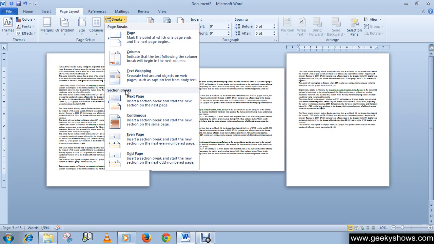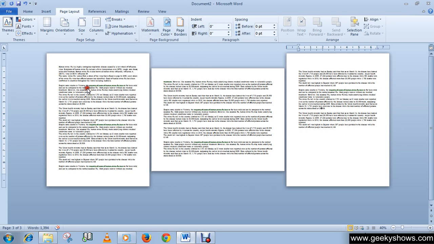Sections are the basis of Word's page layout formatting. You can divide your document into any number of sections. Each section can have its own page formatting with respect to paper size, margin, page orientation, number and spacing of columns, header, footer, footnotes, endnotes, page numbering or line numbering. A single page can contain multiple sections.